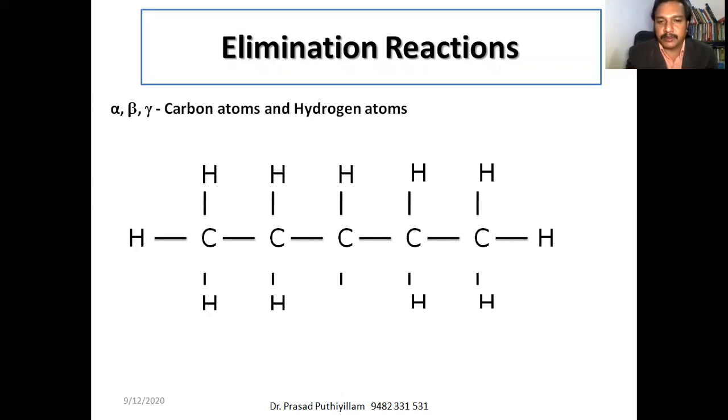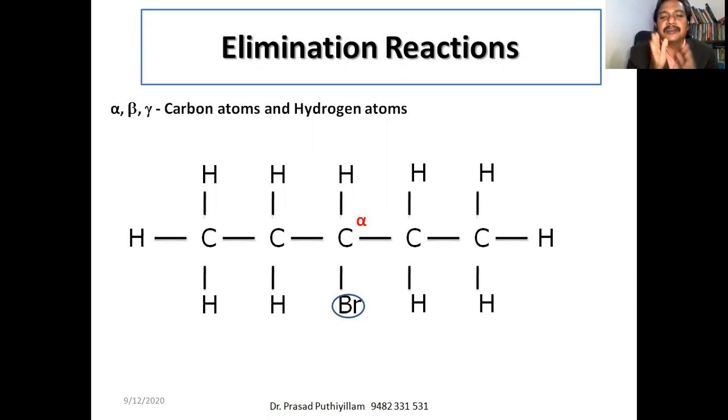I took an example organic molecule with five carbon atoms. Five carbon atoms, we call it pentane. Here it is not pentane as such. It has a bromine atom attached to it. It is 3-bromopentane. In 3-bromopentane, we have treated the bromine atom as the functional group. Therefore, the carbon which is connected to the bromine atom we call the alpha carbon. So naming is done already.